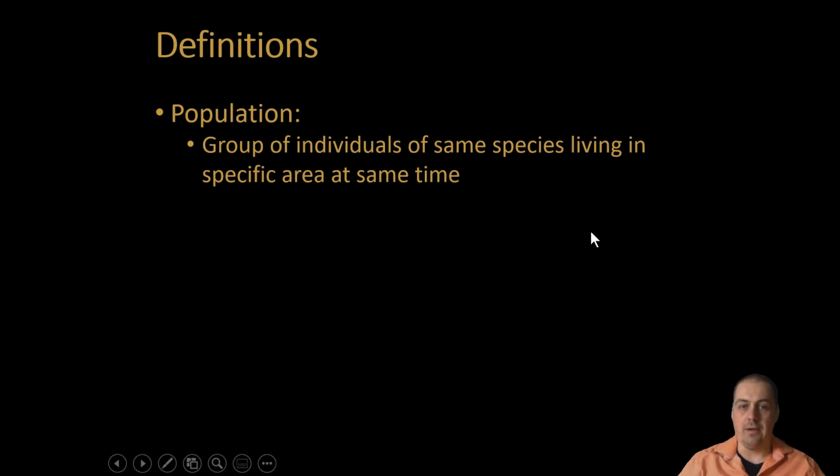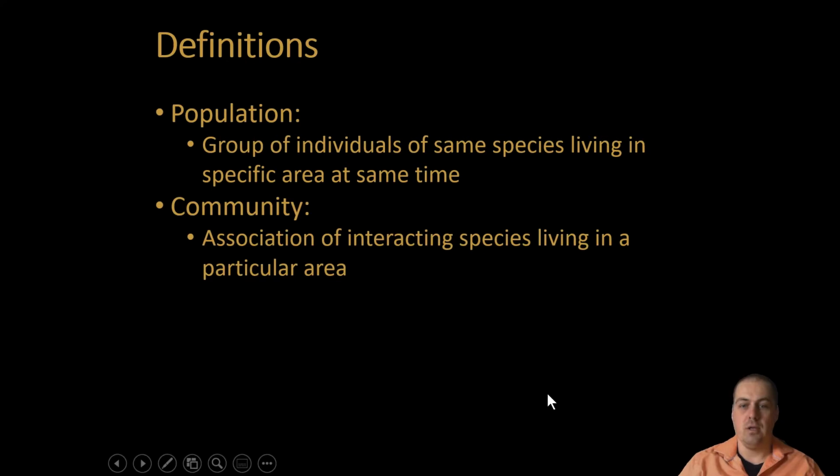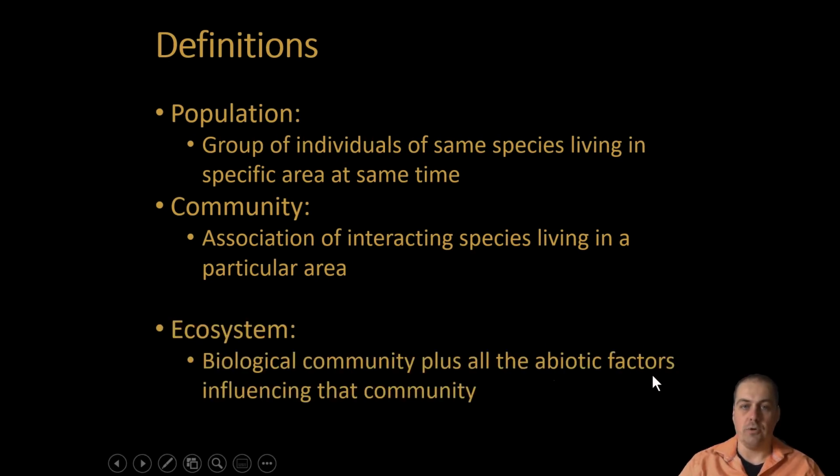So if we look at a number of different populations that are interacting with each other in a particular area, you end up with a community. And if you add all of the abiotic factors, so non-living components, to the community, you end up with an ecosystem. So this week, for Lab 7, we're going to look at how organisms at different levels of the food chain affect each other. And next week, Lab 8, we're going to look at the transfer of energy within an